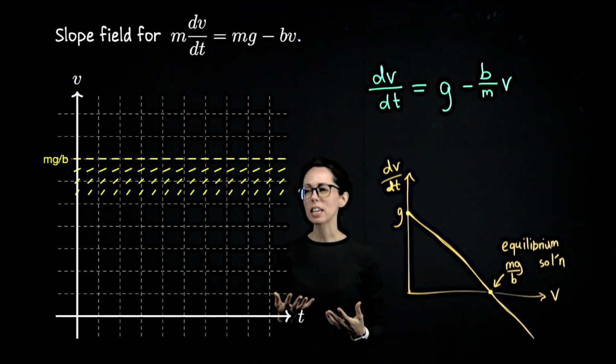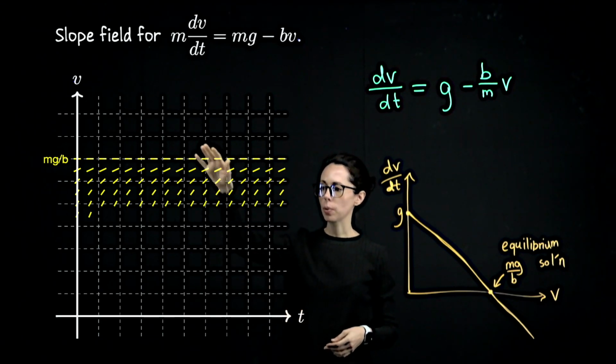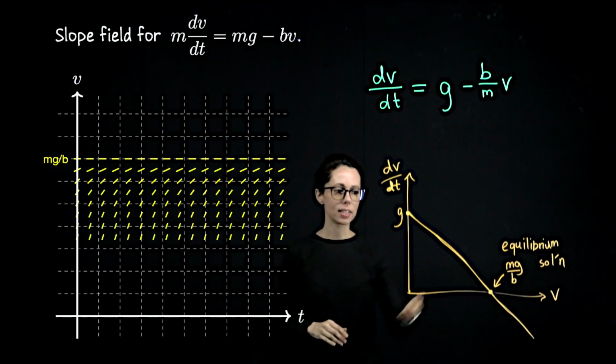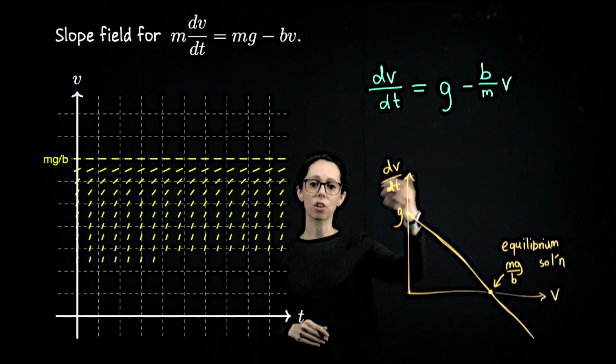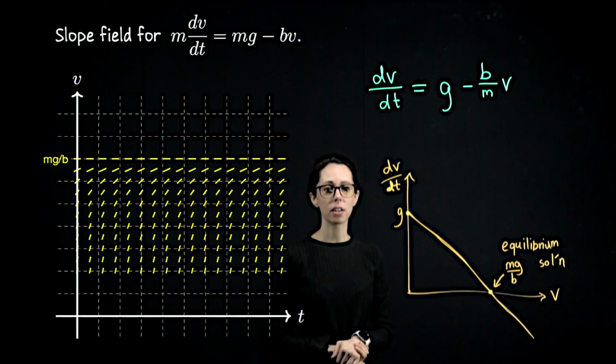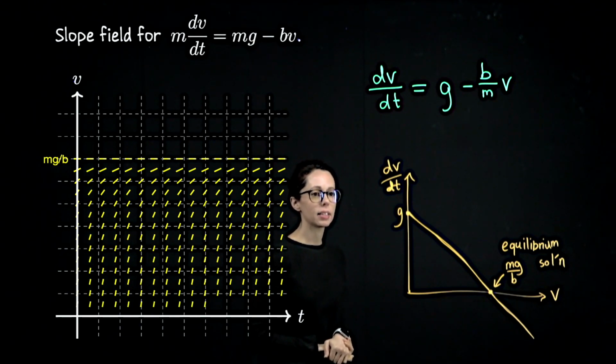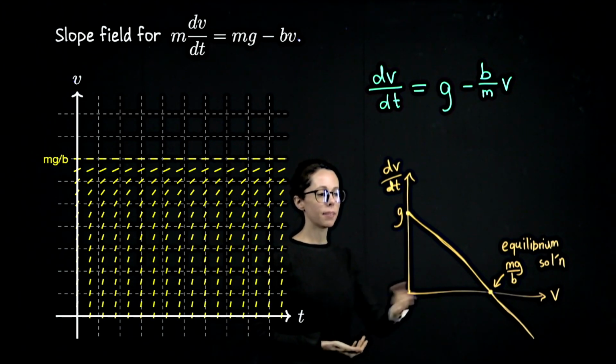They're going to be positive, but not too steep. And then as we fill in downwards, the steepness is going to increase to indicate that the acceleration increases as your velocity shrinks to 0. This y-intercept up here, by the way, is g, and that should make sense because if the velocity is 0,